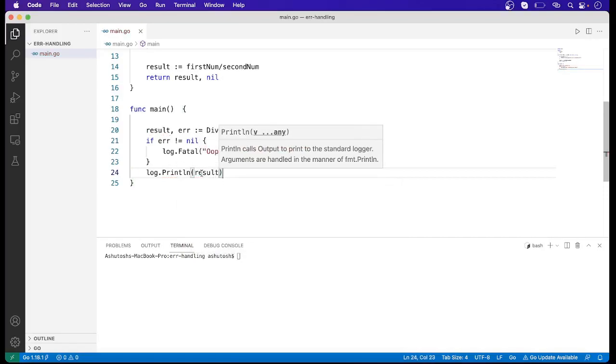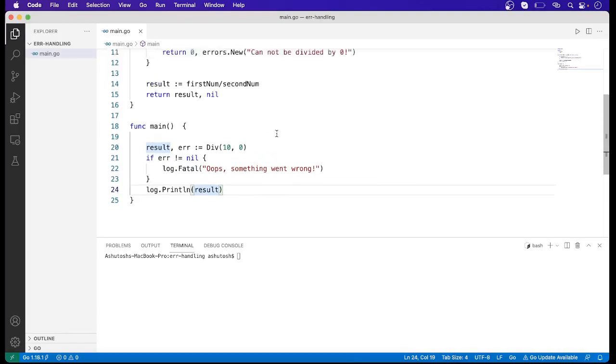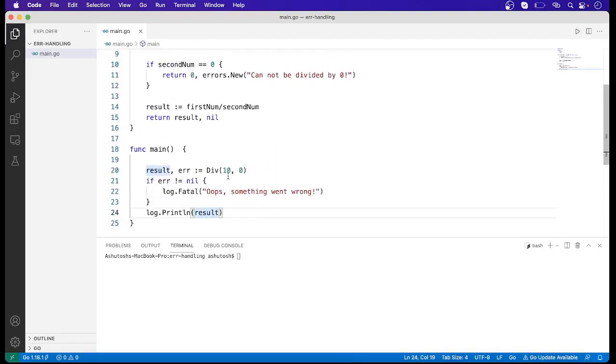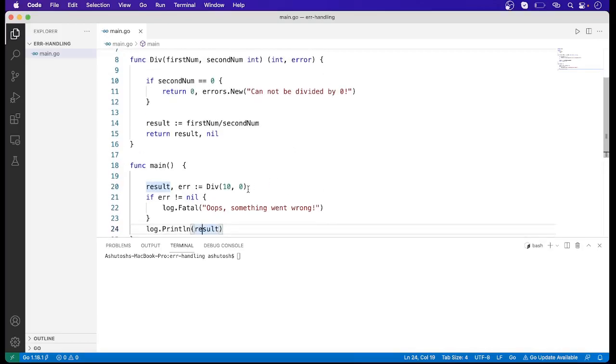So basically what I am doing here, I have called this div method with two inputs. For the first num I am taking 10, and for the second num I am taking 0, and the output will be stored in two variables. The first one is result and the second one is error.